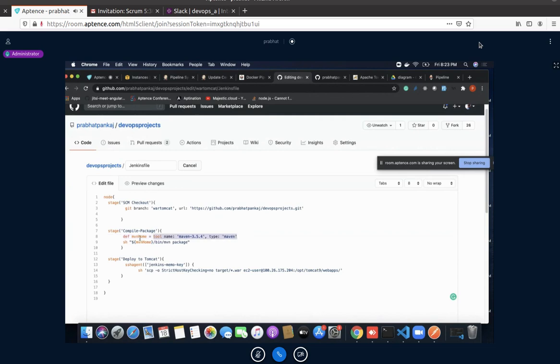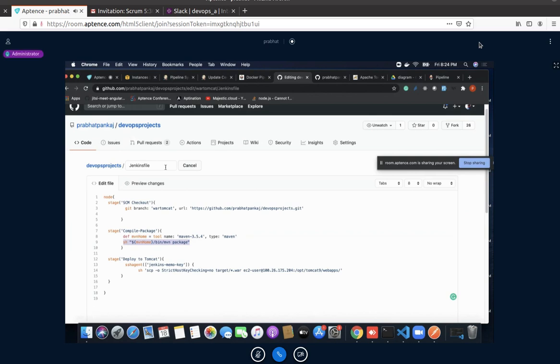Now you can assign this as a Maven home, and after that you can type anything, Maven package. Remember when we installed our Maven plugins, in order to run this you have to write Maven home, after that bin, then Maven and then package. This way it will work.